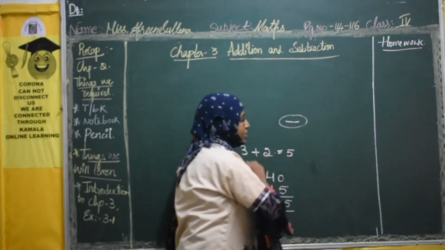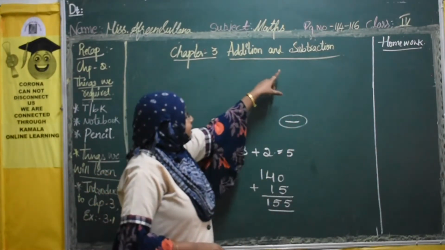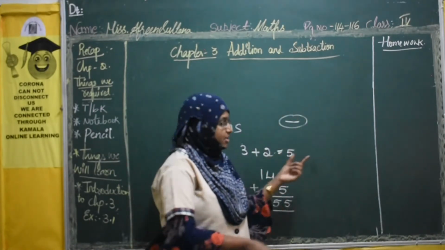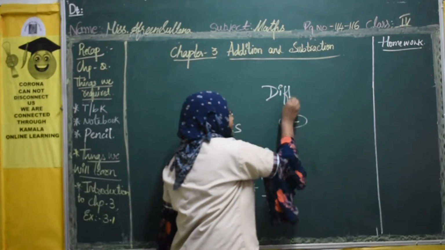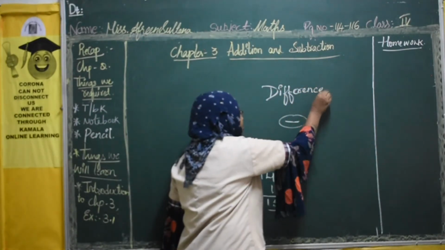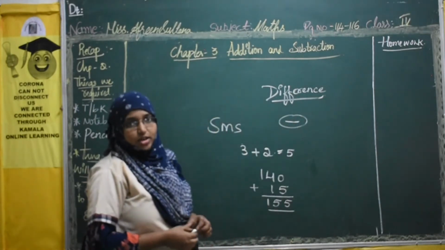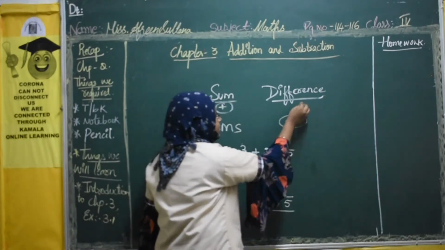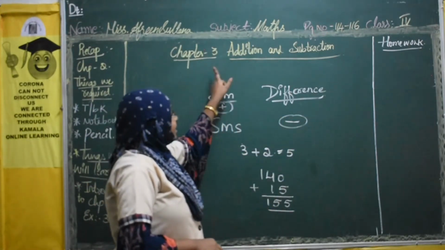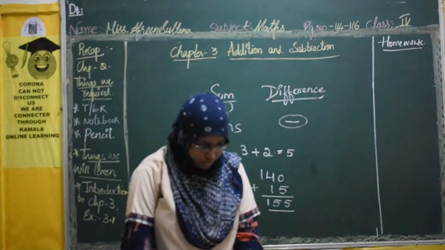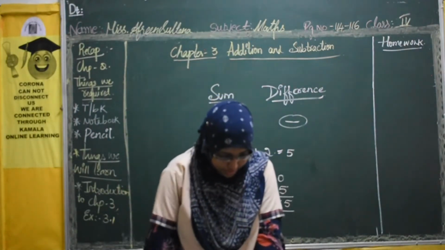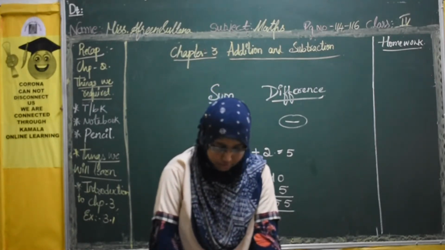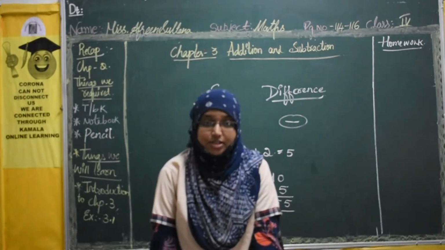And subtraction is what you do? Minus. Subtraction is minus. You can say subtraction is also a difference. They might also give you 2 values and tell you to find the difference. Even difference is nothing but our subtraction. Or do addition, or the sum of the values. Sum means addition. Difference means subtraction. So the chapter is addition and subtraction. In this chapter we learn about addition with regrouping, without regrouping, subtraction with regrouping and without regrouping. So let us start with our warm up.